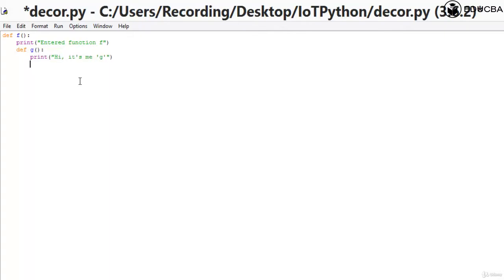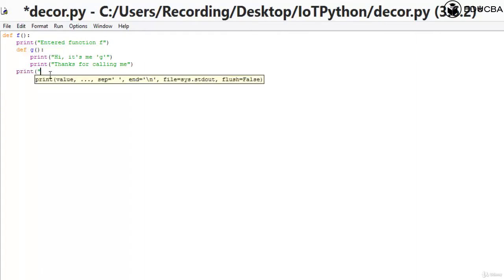And then let me just print one more statement and say, thanks for calling me, right? Whenever g is called, it's gonna say that. Outside this, let's print outside g. After defining g, you can just print over here, now in main function